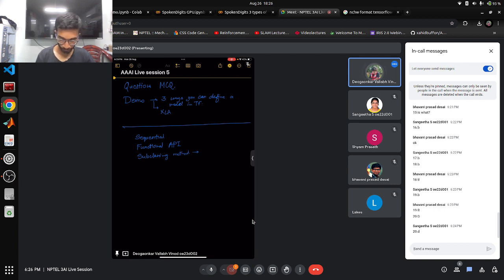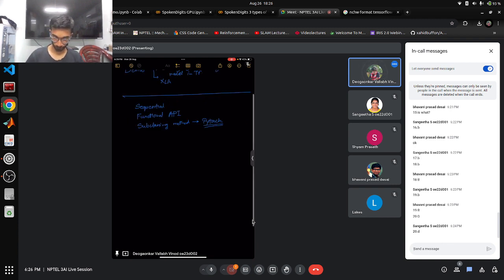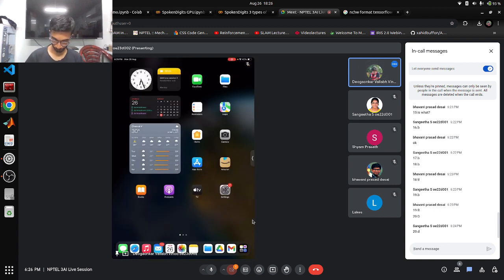And this one is very similar to the PyTorch way of doing things, which we saw in the last live session. For PyTorch, when we defined the model, we did it similar to this subclassing method. So just quickly